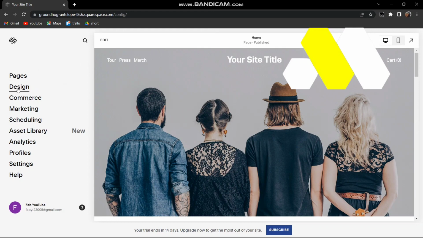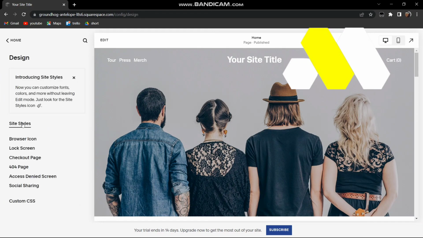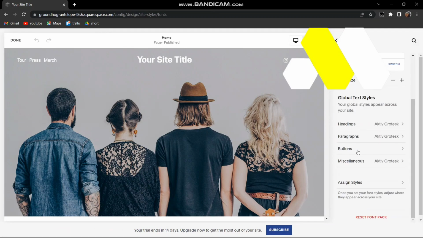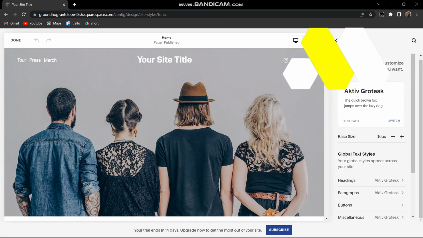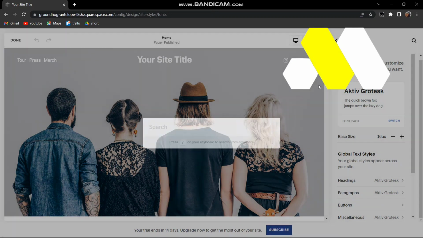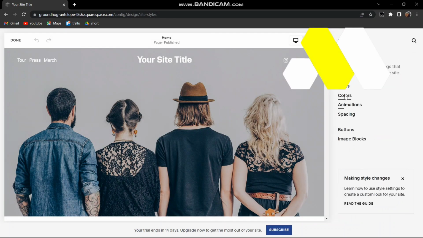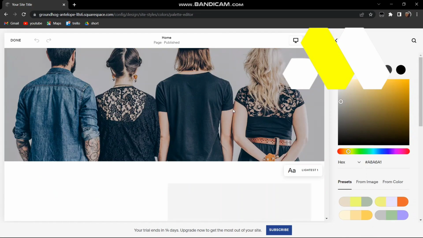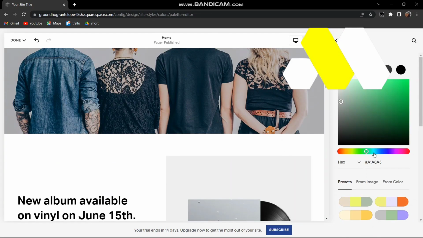we can do is head over to Design and then Site Styles, and then you can change the font to whatever you want, and you can just search for the font and everything. Then you can also go to Colors and go to Edit Palette, and then just whatever you want your color theme to be,